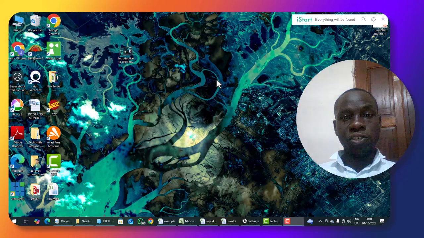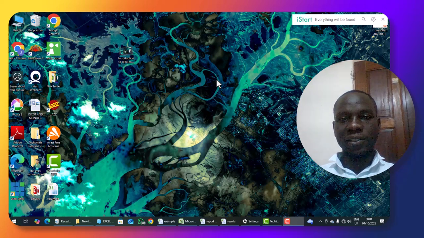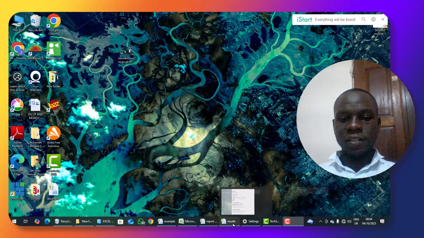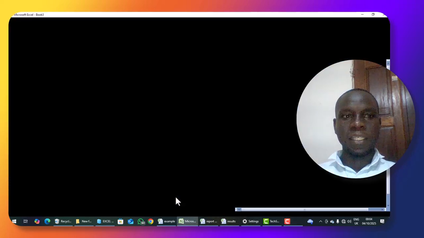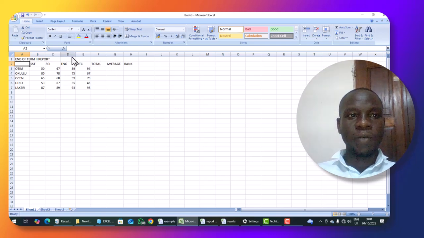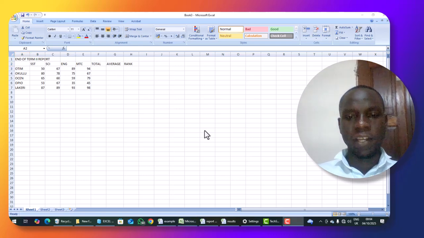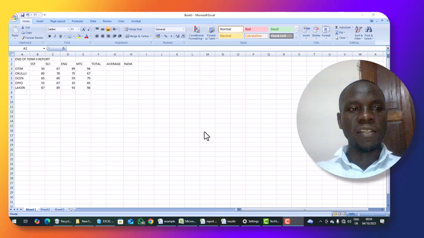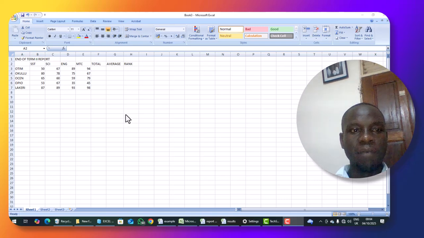Previously I introduced you to an Excel sheet and the functions. So today we just want to be a little bit practical about functions in the Excel sheet, and I have some extract here that we will be using to go through a few very basic functions within the Excel spreadsheet. So I'm creating a report card for 5